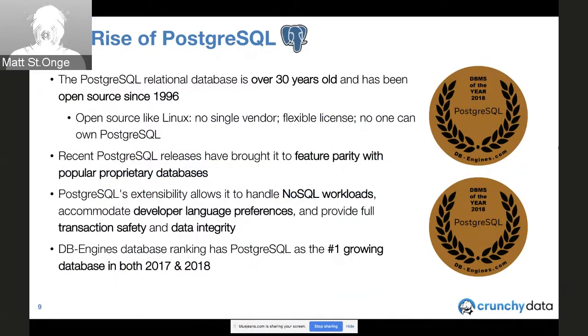So would that have anything to do with Oracle changing its licensing? I think one of the catalysts was when Oracle bought Sun, because Sun had bought this little company called MySQL. And once MySQL was property of Oracle, that changed how people looked at it, and people started looking for alternative databases. So that all said, even before Postgres started having feature parity with a Microsoft-based database or Oracle,